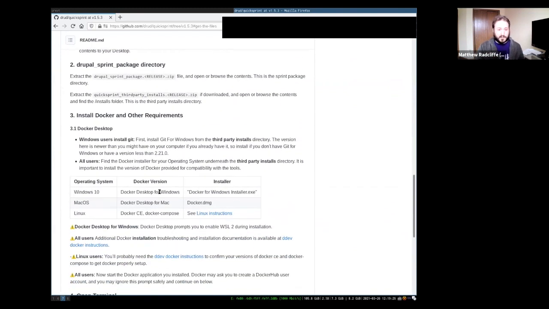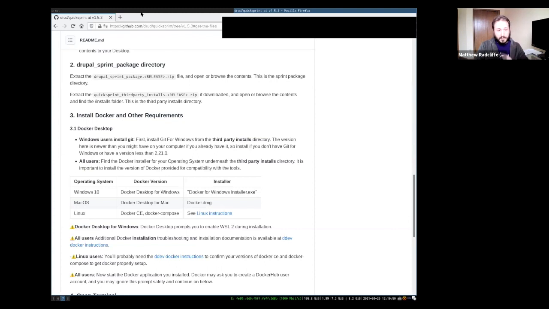The second step is you're going to extract these two packages. The example here shows zip, but we're using tar.gz. Let's say I've downloaded these two tarballs to the same directory. When you extract them, it'll put everything into the same directory.